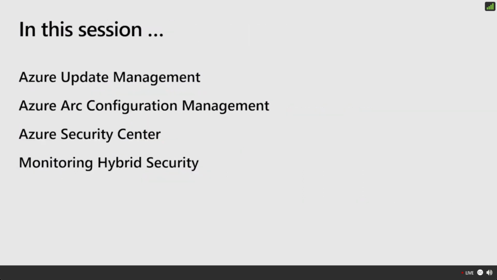With that, we are looking at the following technologies. In this session, we're basically looking at Azure Update Management. We're going to have a look at Azure Arc enabled servers, especially together with Azure Guest Configuration policies, to actually manage the configuration of the operating systems and audit these machines to see if they are compliant with